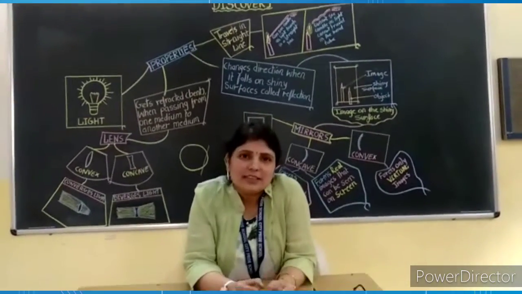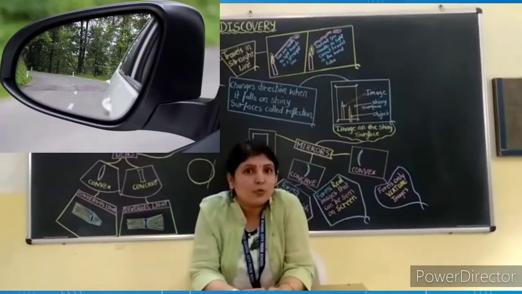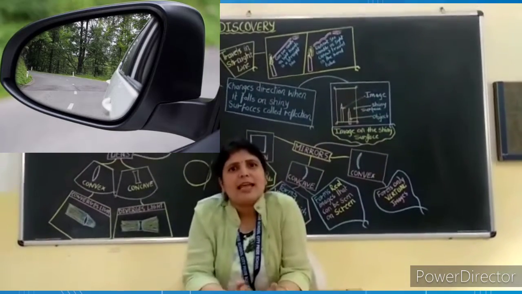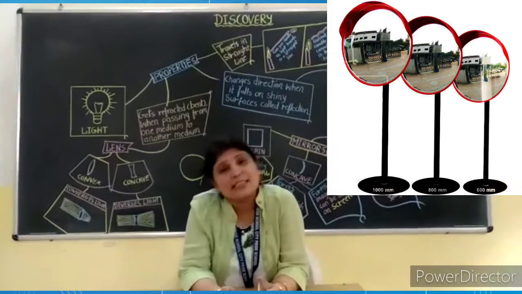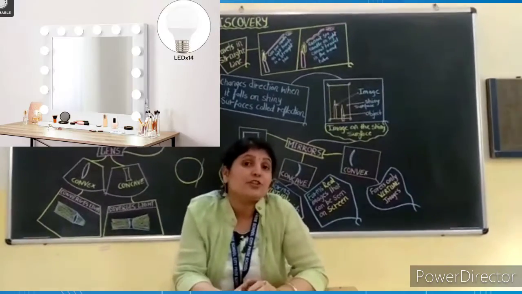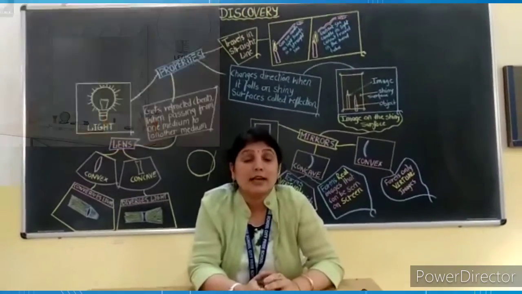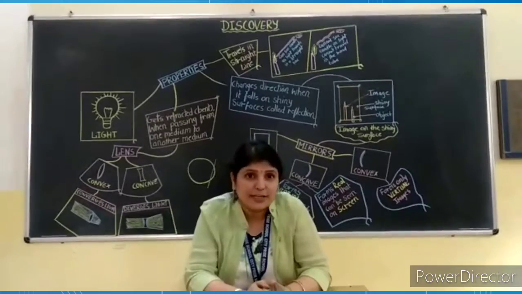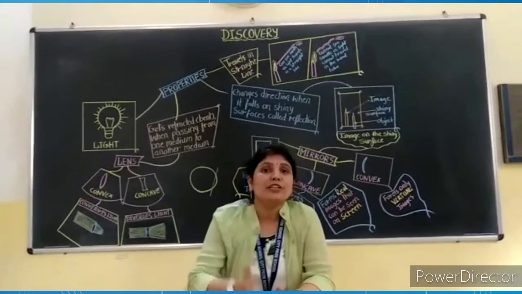While riding vehicles, to see the rear view, a mirror is used. That is nothing but the convex mirror. And the other example for a convex mirror is the traffic mirror. And for concave mirrors, the examples are shaving mirrors, and they are also used in telescopes. Okay, so this was all about reflection. Now let us move on to refraction.